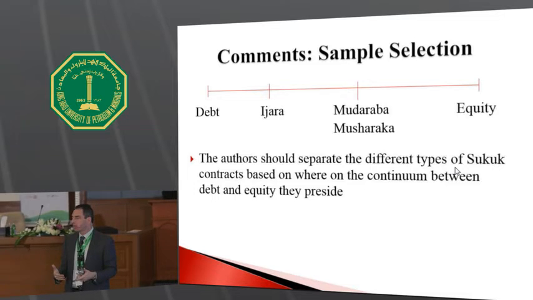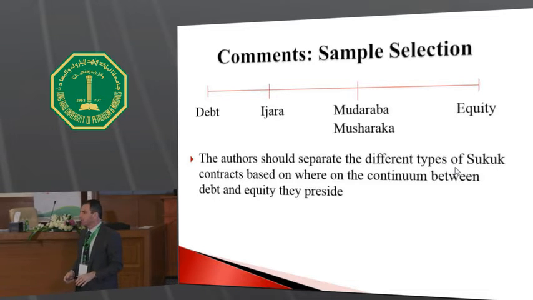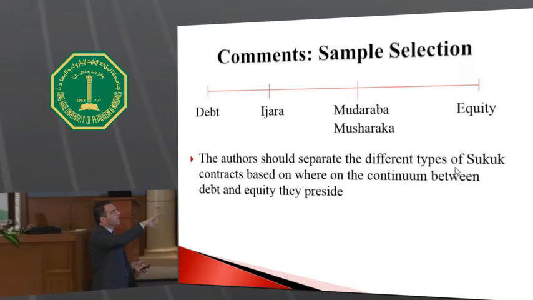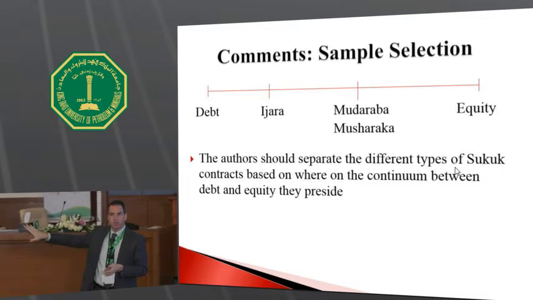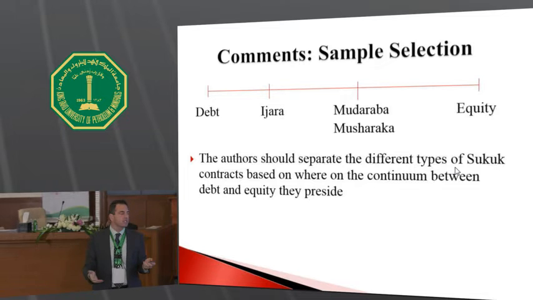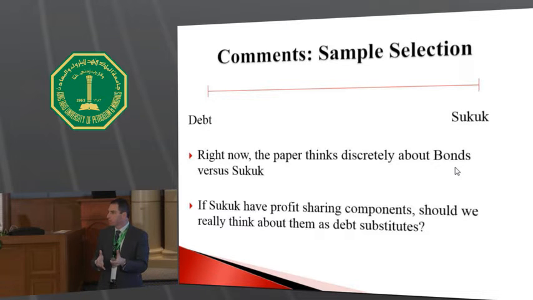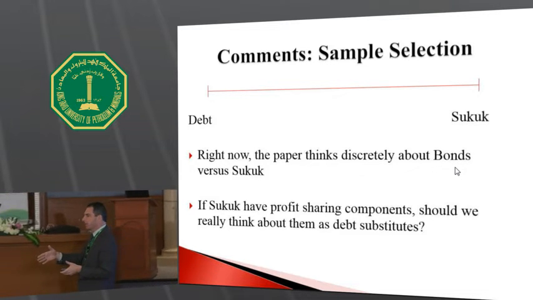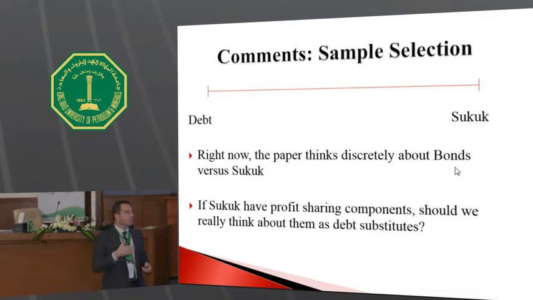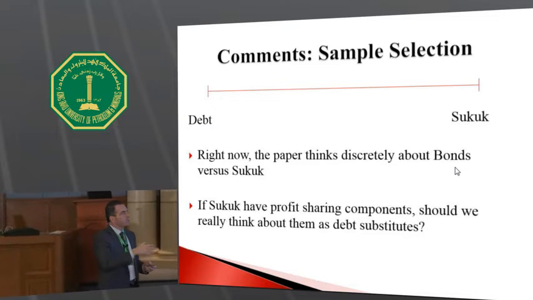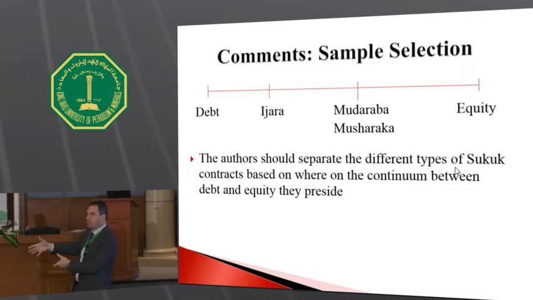And so from my reading, you have contracts like Ijara that are more like leasebacks, which very much sound very similar to a standard debt contract, and so I've got them pushed more over towards the left, near debt. Whereas the Mudaraba seem to have larger profit-sharing components, which means that they're going to be much more like equity securities. Okay, well, if that's the case, then I don't really understand why we're treating these things as equal to each other. If there's variation within the different types of sukuks, that should be taken into account in the empirical design. But then the other thing that this graph demonstrates is, while we can think about comparing them to debt, shouldn't we also compare them to equity